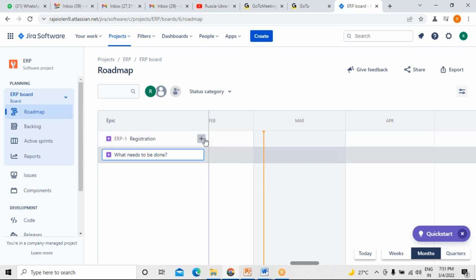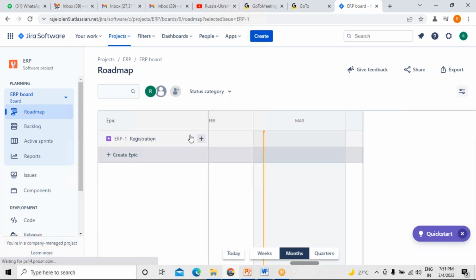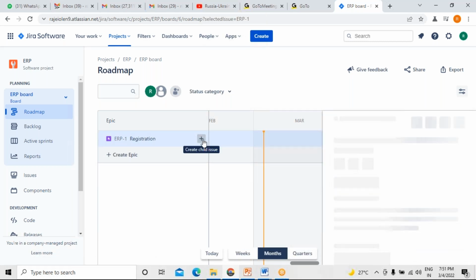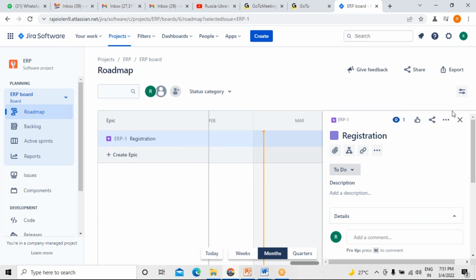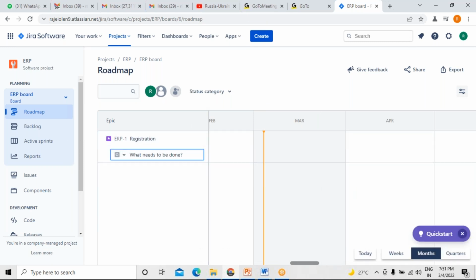Now, in this epic, you have to write the user stories. There is an option called create child, isn't it? Here you have to write down the user story. How many user stories are you writing? How many functionalities do we have? It need not be a functionality. Of course, it's a non-functionality and security also. So how many user stories are you writing under the registration? Raj, one more thing. Like, a child for an epic can only be a user story, or can we also add an enhancement or bugs?